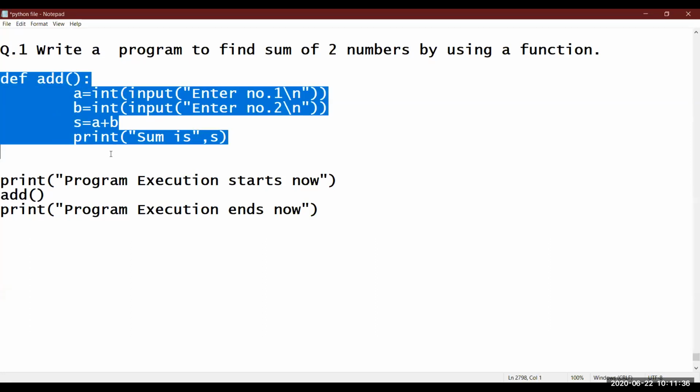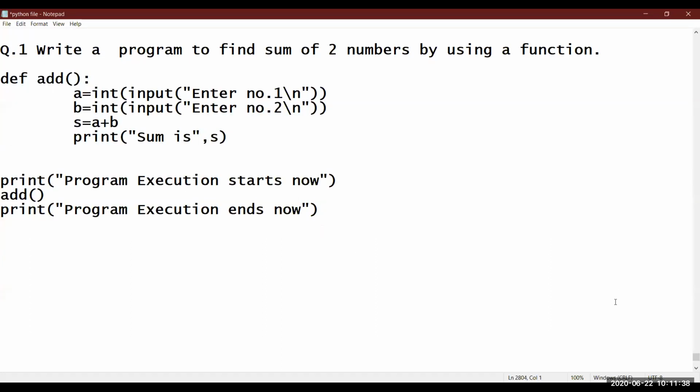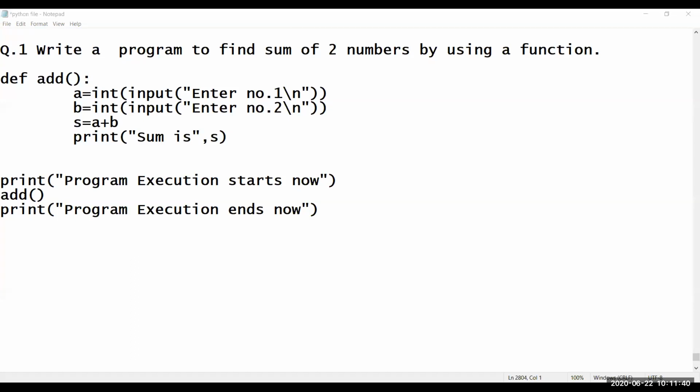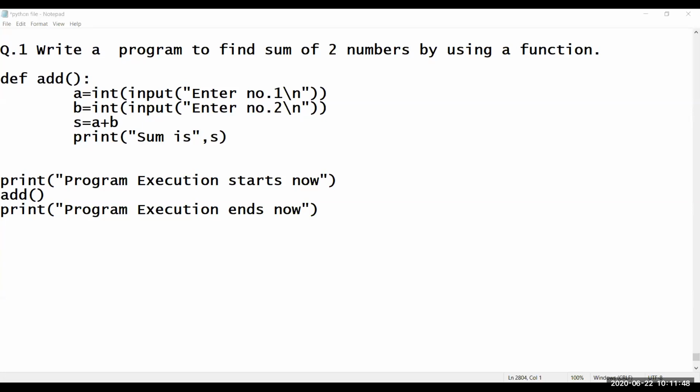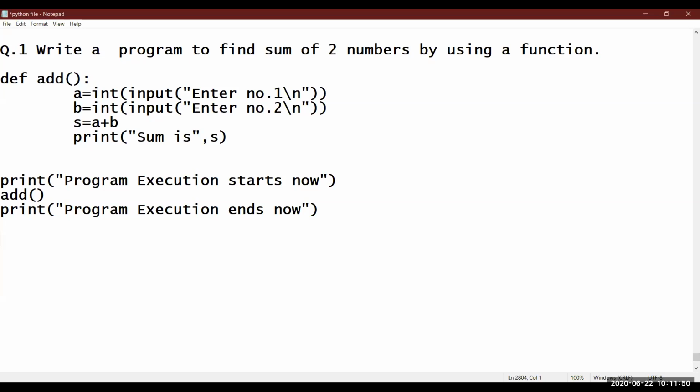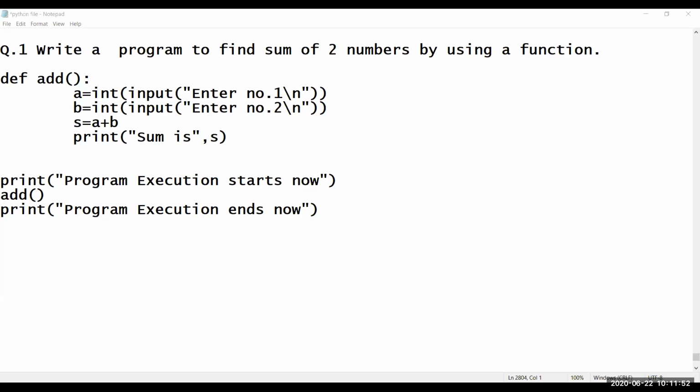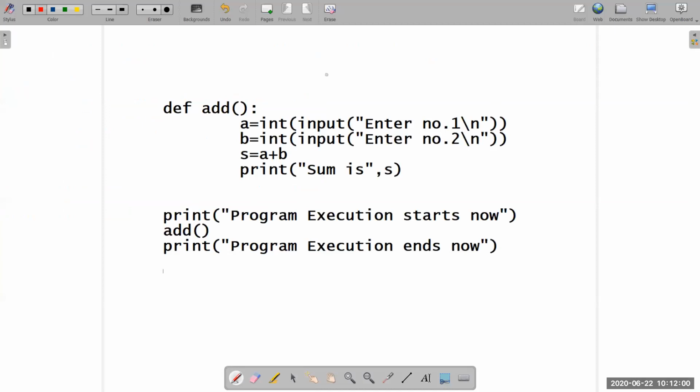Just let me write this code on that screen so that you will be able to understand. Just wait for a while. I'll just brief this so that you all will understand more properly. Let me start this. Just a minute. I'm just sharing this screen with you. I hope it is visible. Now this was the function that we have created.